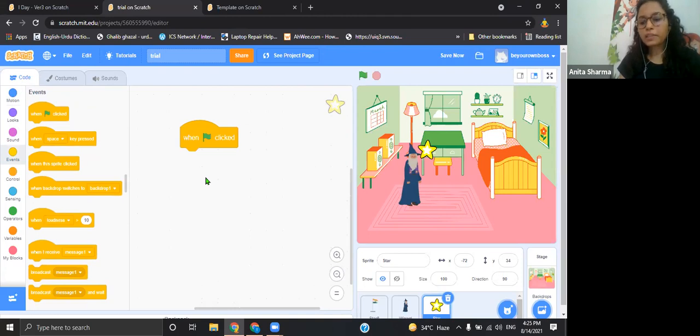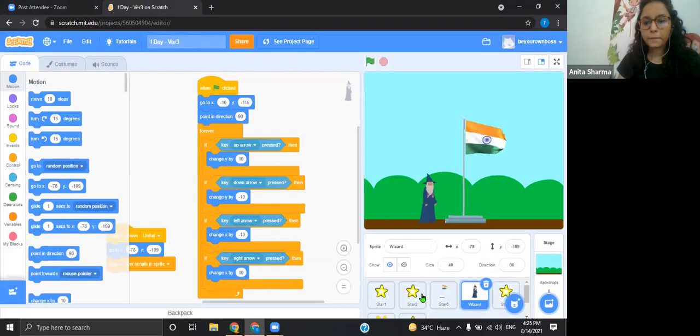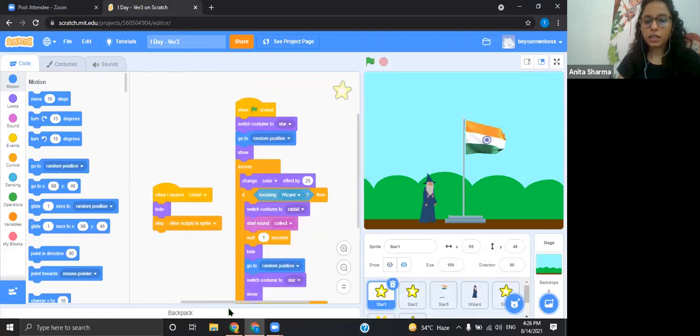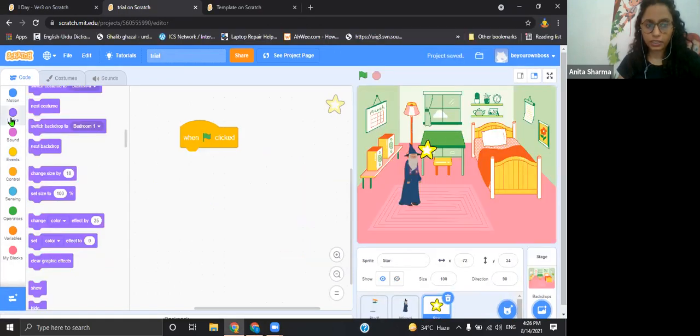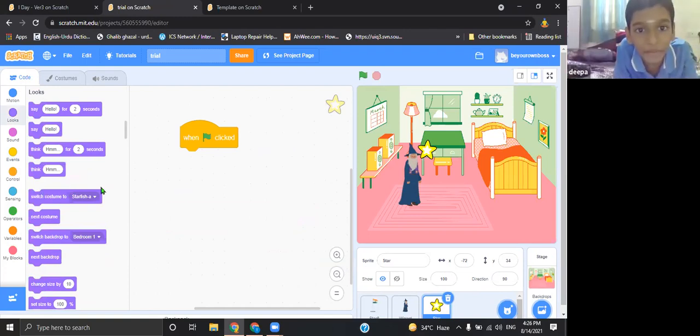Okay. So my star, what was it doing? It was going here and there randomly on the stage. It was twinkling also. And when the wizard was touching, it was hiding. So first of all, what we need to do is make the star... So we'll be going in looks. Ma'am, how should we make it twinkle?